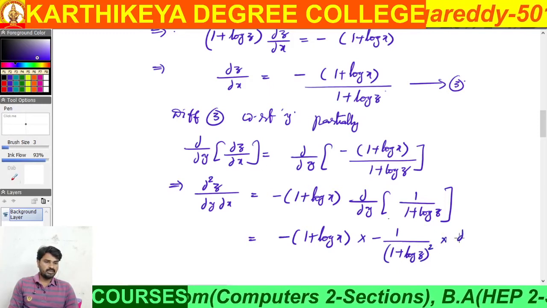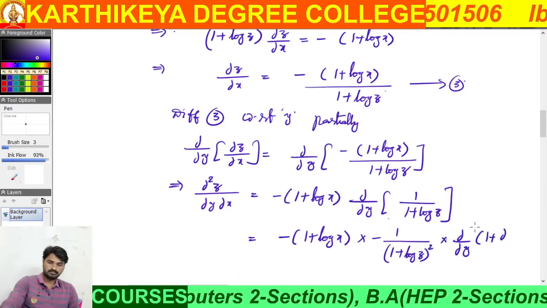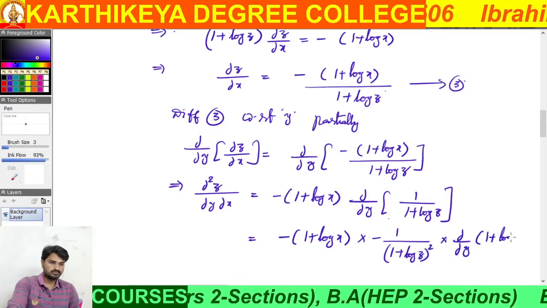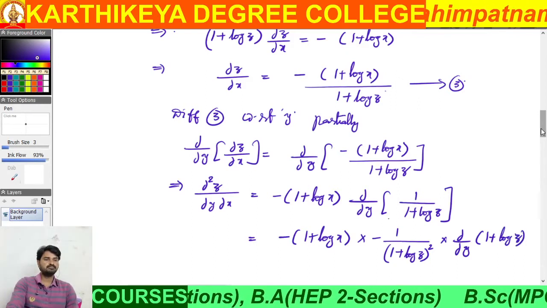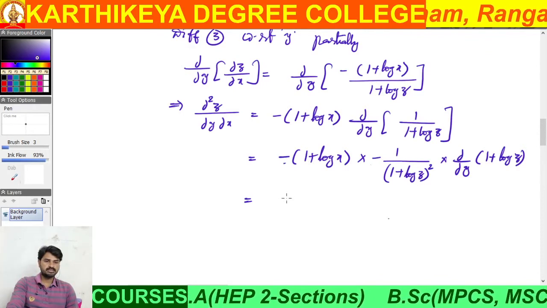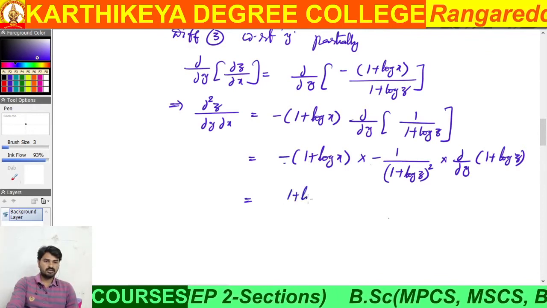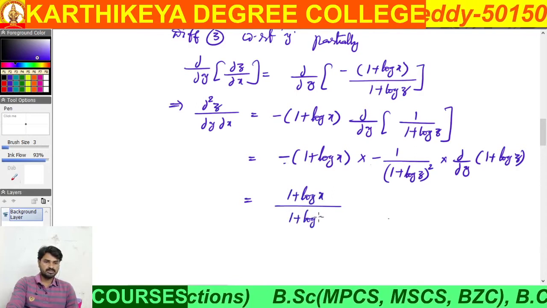Now again the derivative of y with respect to this one, 1 plus log z, simplifying minus into minus gives plus. Now (1 plus log x) by (1 plus log z) whole square